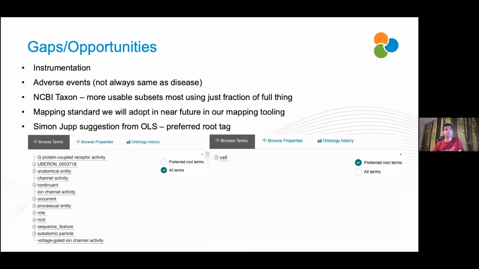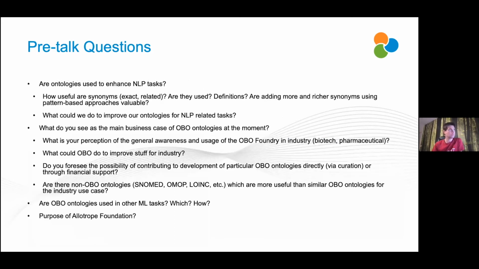So let's just hide the other stuff by default, give them the main entry point, which is probably something around cells. And if they want to see the rest, it's there. They can still search on it. They can still extend on it if they want, so they can still explore and browse on it. But maybe by default, we'll hide some of that stuff. I think that's pretty useful. I think that's something we will adopt in our tooling as well. And I guess the call would be maybe it's something that OBO could potentially have a property for optionally as well. So you could have a kind of preferred visible root term as well.